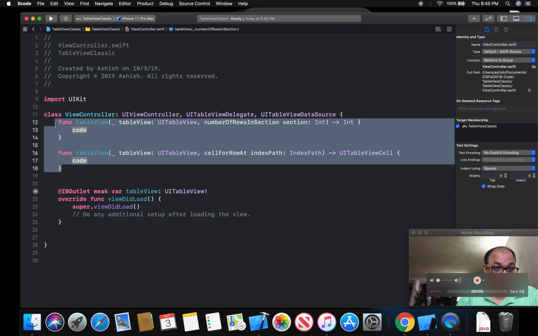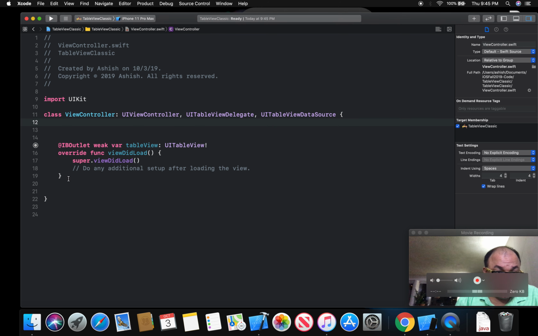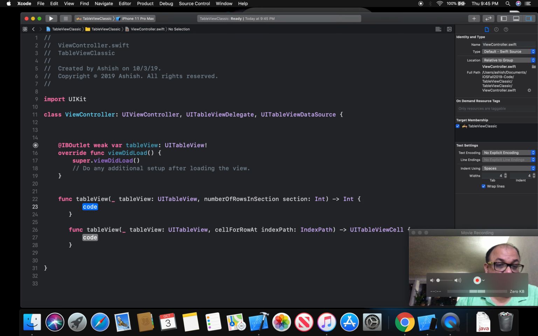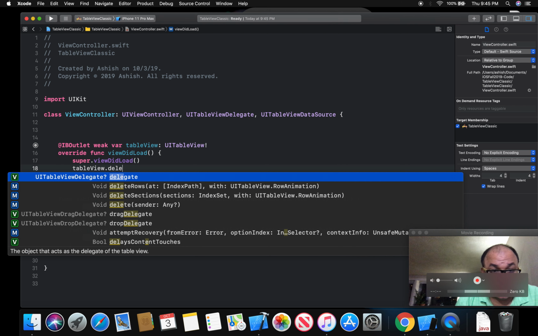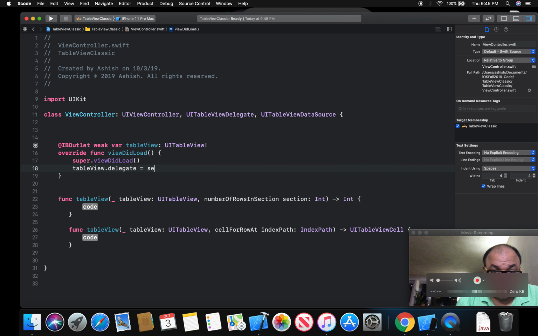I will actually Control X and put it in the bottom. Okay, and we'll go over what these functions actually mean. So now we have this table view delegate and table view data source. What we want to do is when this view loads up, we will say table view dot delegate is equal to self,